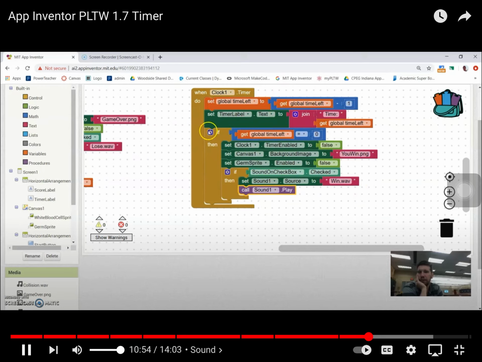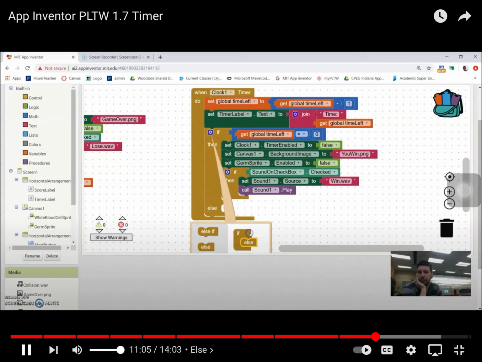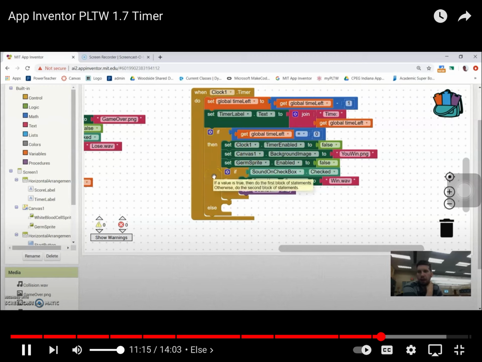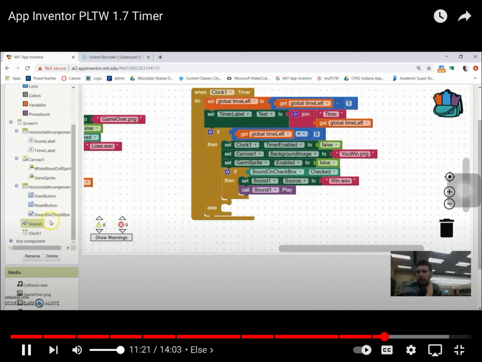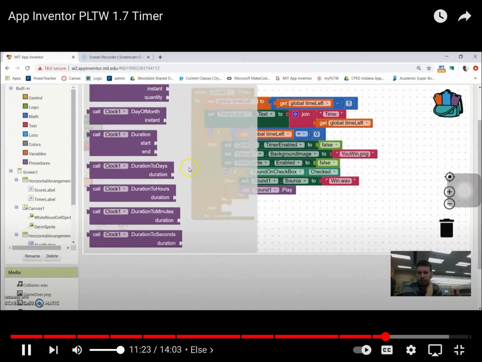If you click this little blue gear option right here, I want you to add an else. So I'm going to drag this else right into this part right here. Basically this is saying if the timer hits 0, it does this. Otherwise, if it's not at 0 yet, we still want that clock to be on and counting down. So we're going to have an else right here, so that I go back to my clock 1, scroll back down,